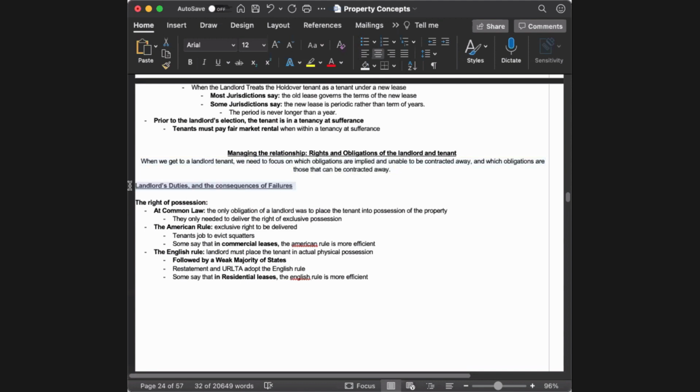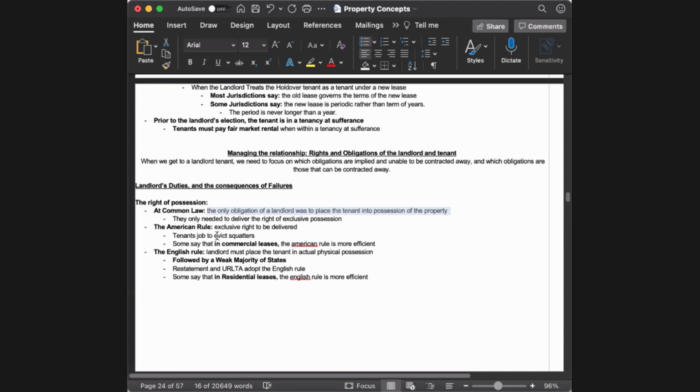So this is landlord duties and the consequences of failures. The right of possession. At common law, the only obligation the landlord had was to place the tenant into possession of the property. So essentially, they only needed to deliver the right of exclusive possession. Again, this is very basic common law, and this almost never applies anymore. There are some jurisdictions that use this as a basis, but more often you have a split